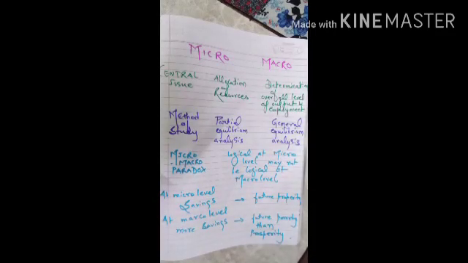Now what is the central issue regarding micro and macro? So in microeconomics, it is about the allocation of resources. So whether a producer or a consumer, he is just concerned about allocating his resources in such a manner that if we talk about the consumer, he wants to have complete satisfaction, and the producer, he wants to have more and more profit. He goes for profit maximization.